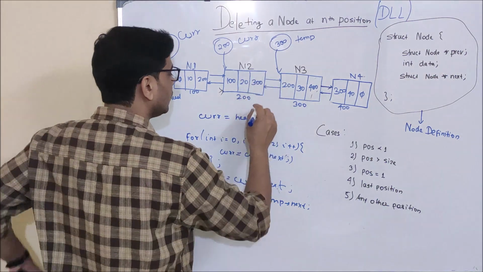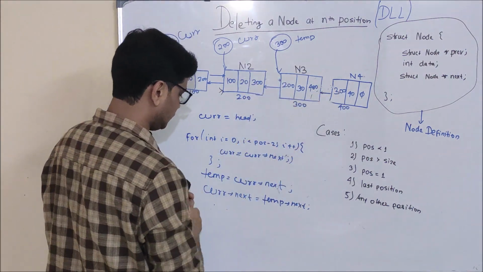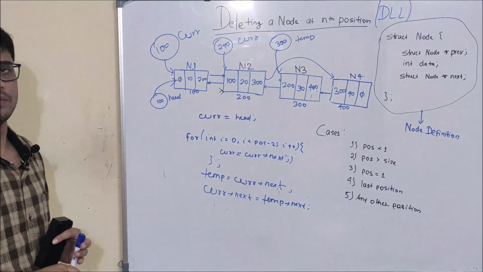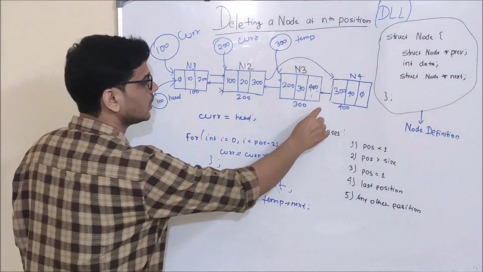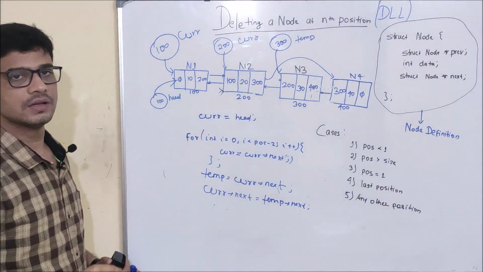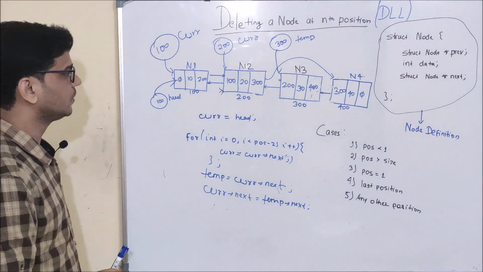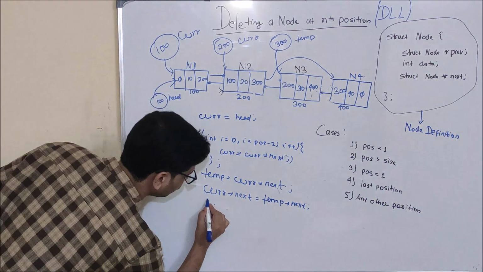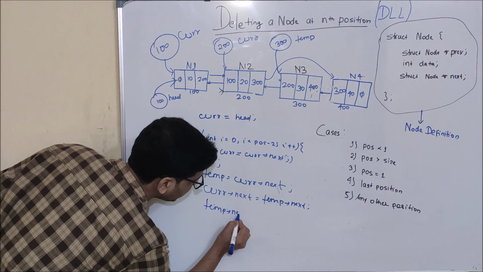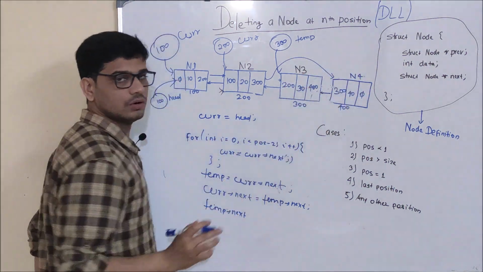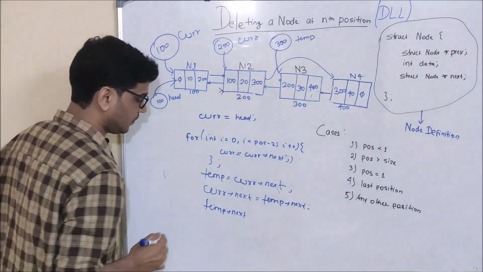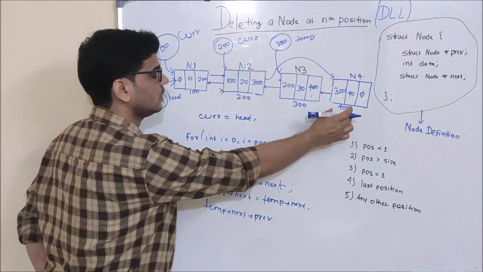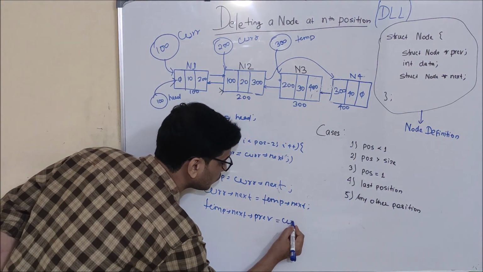After that, what are we going to do? See, using this line, we have built a link between node 2 and node 4. But we need one more thing. And what is that thing? We need to create a backlink, that is node 4 to node 2. And how are we going to do it? See, temp is containing the address of node 4. So, using temp.next, first we will reach node 4 and then the previous. Then we will access the previous of node 4 and here we are going to update current.